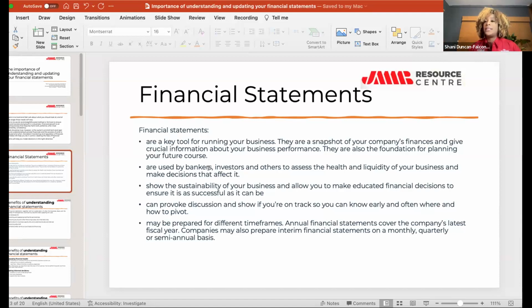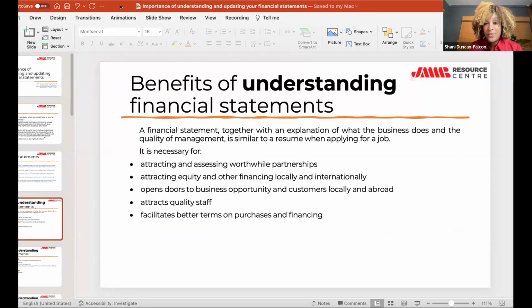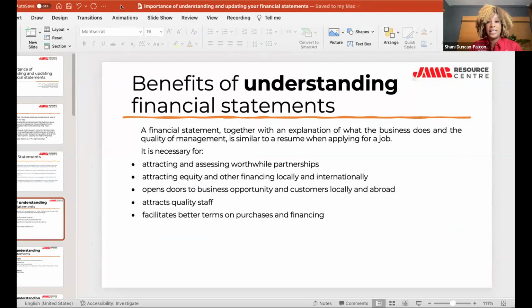So it just depends on your needs and what is going on at that point in your business that you're going to say, you know what, I need to make a decision. So I'm going to update my financials to see where I am and if this decision is good for me. All right. So in terms of the benefits of understanding financial statements, a financial statement